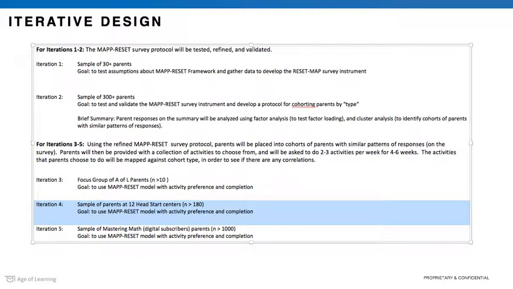What's interesting about iteration 4 is that this is specifically with a low resource, underserved population of parents, Head Start parents. And we anticipate finding out things from this group of parents that we didn't find out in all of the other iterations. That will continue to inform our MAP reset model in terms of, do we find different types of parents in this cohort, or do we still see the same types of parents, even though these parents may have different needs and